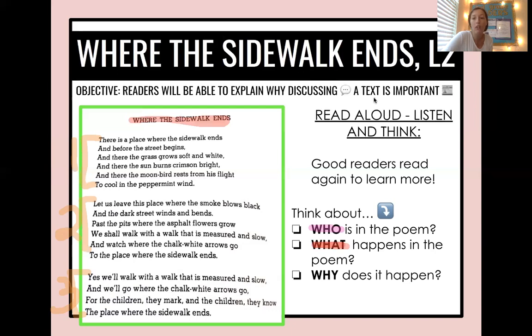And we already know that we want to figure out why. Why are they going to the place where the sidewalk ends? Anytime that we hear something in the poem that tells us why they're going to where the sidewalk ends, we're going to highlight it in green. So let's go ahead and we're going to break it up chunk by chunk. Our first chunk